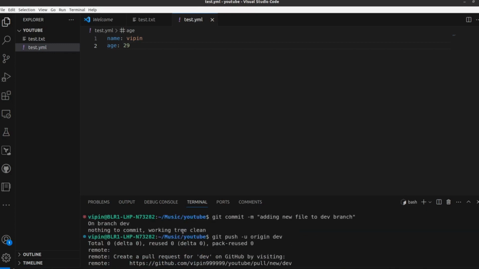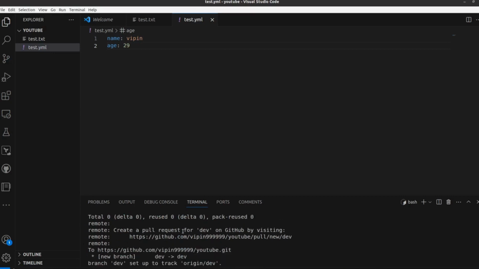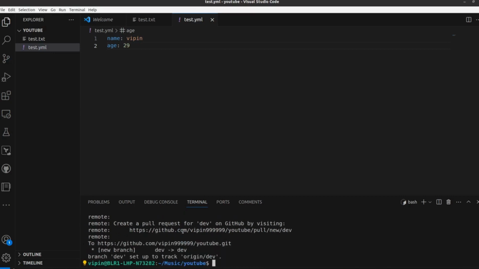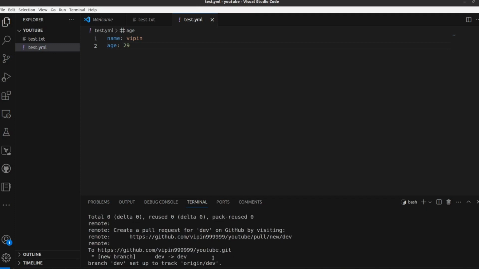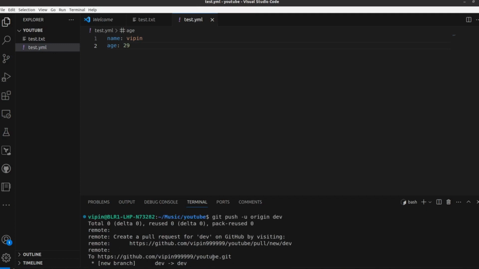It's saying new branch dev set up to track. Create a pull request for dev on GitHub by visiting the remote pull request link.